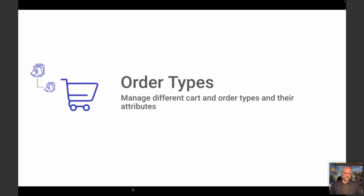we introduced order types, and order types is really just a different way of saying orders and carts now have definitions on them. What's cool about it is that in the past, you could only edit values via code. There was no other way to do it. With order types and the ability to define what data you have on an order, you now have the ability to work in a much more